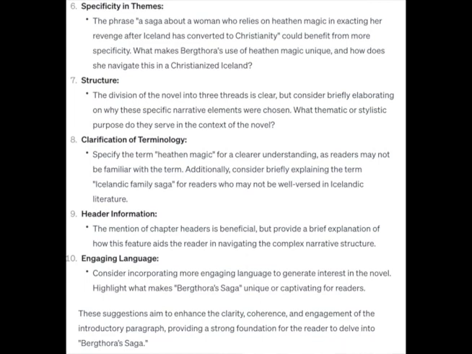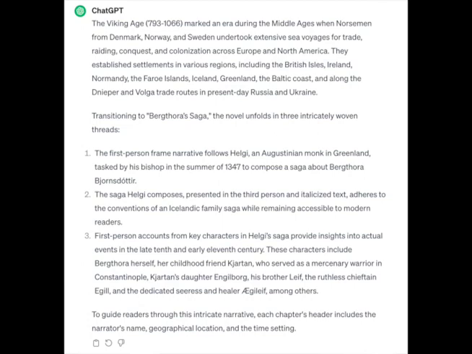Finally, number 10, engaging language. Consider incorporating more engaging language to generate interest in the novel. Highlight what makes Bergthor's saga unique or captivating for readers. So, what I then did was I asked ChatGPT to rewrite the passage based on its suggestions, keeping the structure of the text intact. So, what I received as feedback then was very, very similar to what I had written